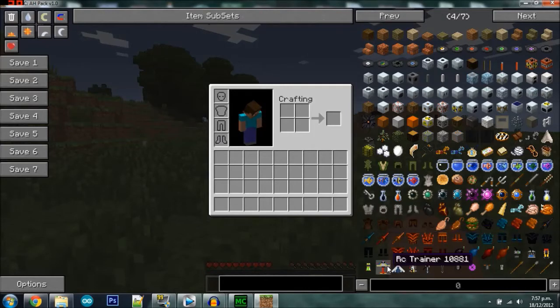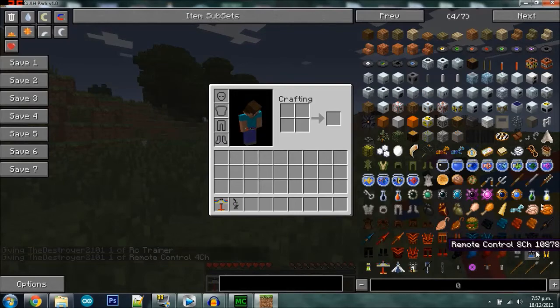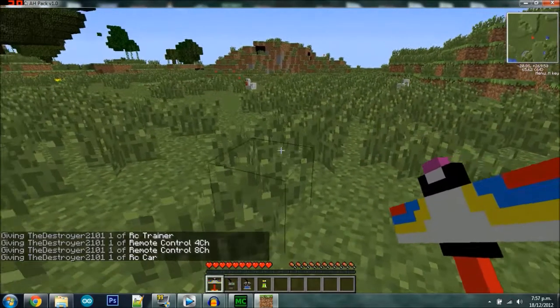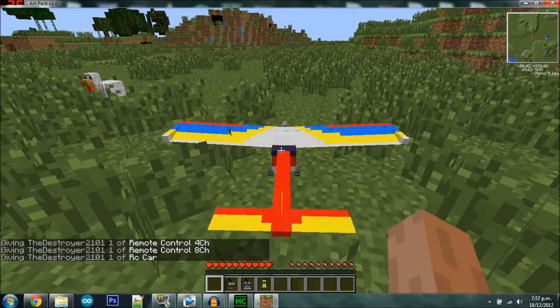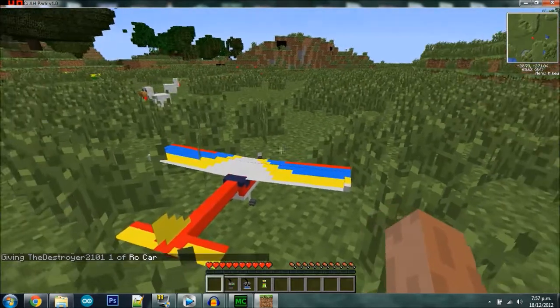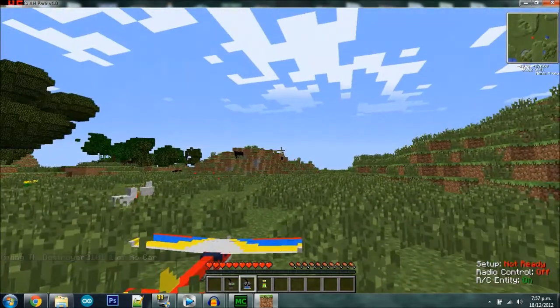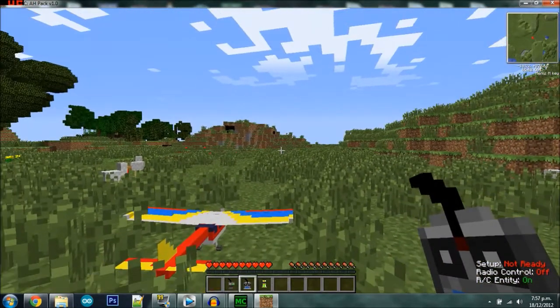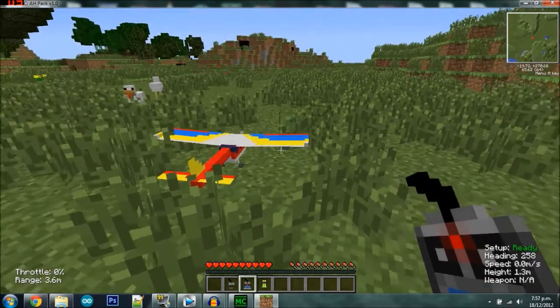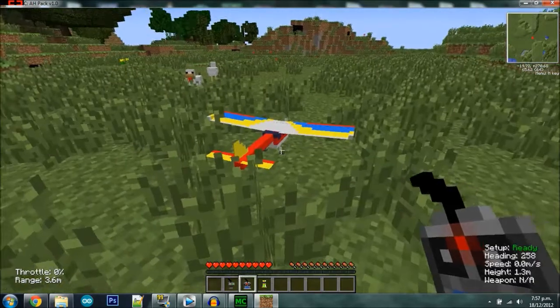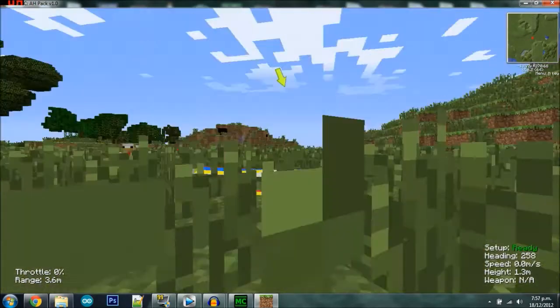Now this is my favorite. I could not leave this out. I'm going to actually show you guys it now. We'll do a car as well because it's easy to show. All you do, once you've got a remote control plane or whatever, you right click it and it'll move around with a little bit of redstone, and you scroll across to your remote until it says RC entity on. You right click, it'll track you to it. Like, I can't move away, it's kind of jerky. Push F5 3 times,